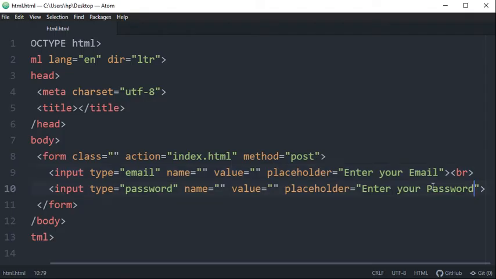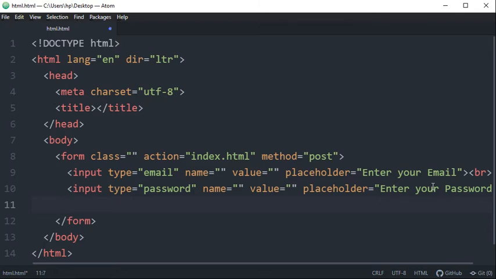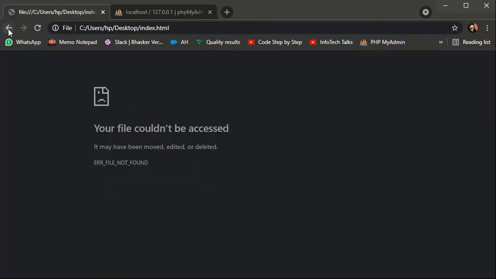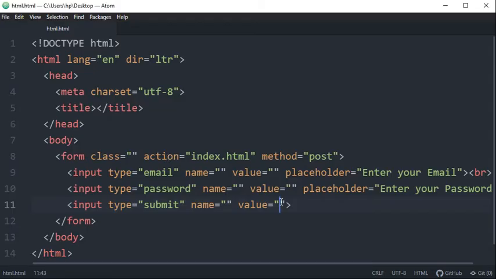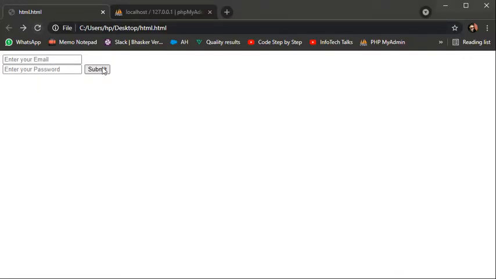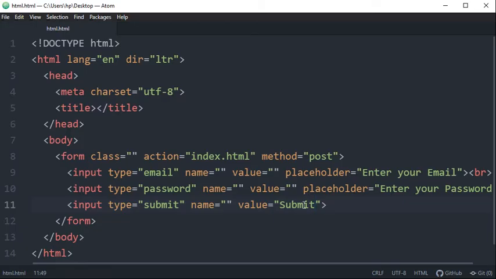We also need a submit button to submit these details. And one more thing I want to discuss, which I guess I've already discussed, about action. So the other input is submit. In buttons like submit and reset, you must mention the value, because it isn't going to display anything on the button unless you define the value. If you want to show the user an option to submit the data, enter the value as submit, or you can name it anything as per your requirement.